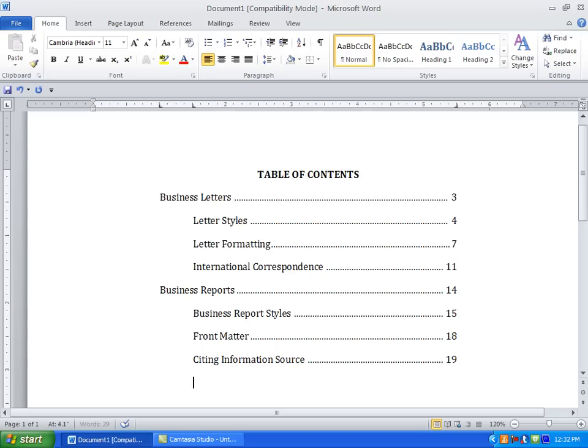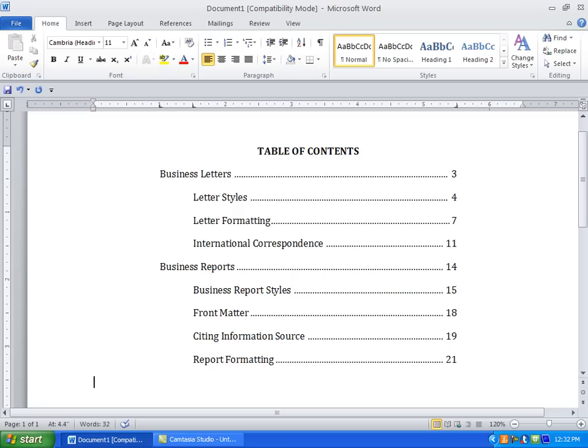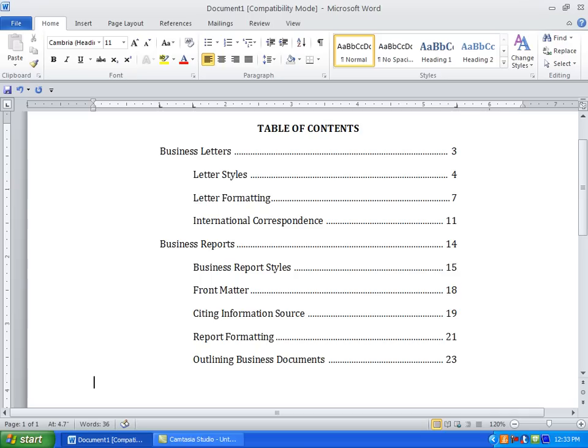tab, tab, and this is report formatting, space, tab, space, and this is number 21, and then return, and then tab, tab, outlining, space, tab, space, and this is 23, enter, and then this one I just need to tab once, and this is appendices,